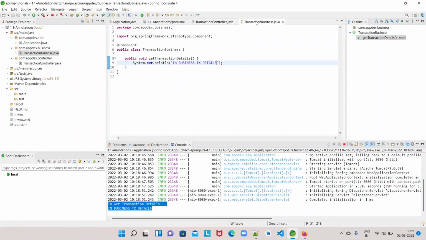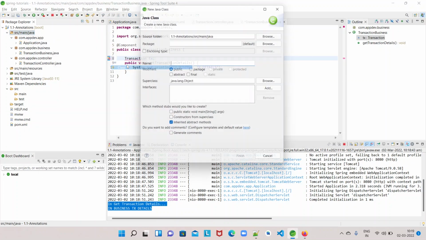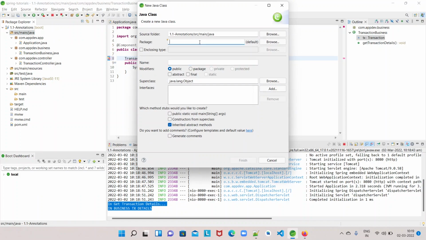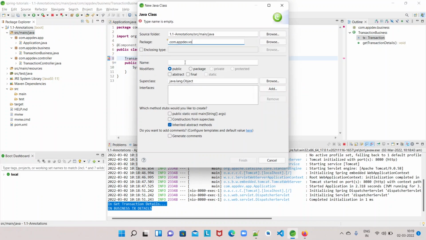Let us see one more example. Suppose this getTransactionDetails needs a transaction class. Now we have to create a transaction class. I'm going to create this transaction class in the com appdev vivo package.